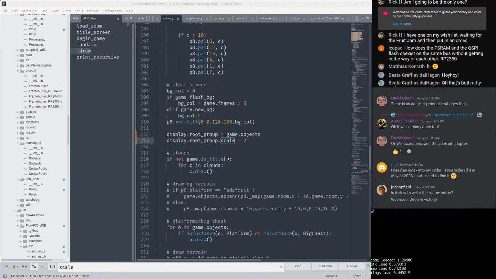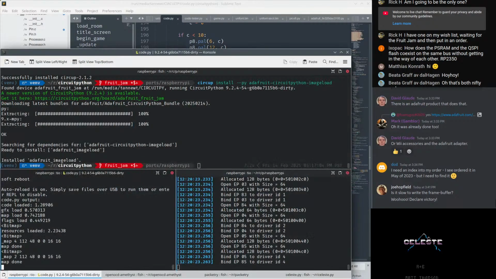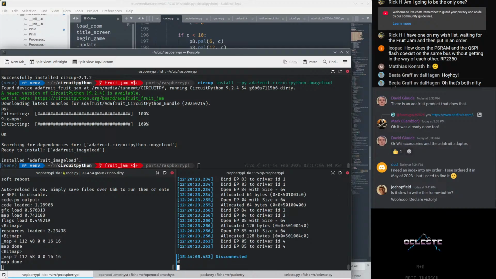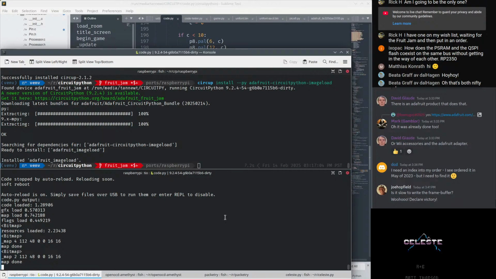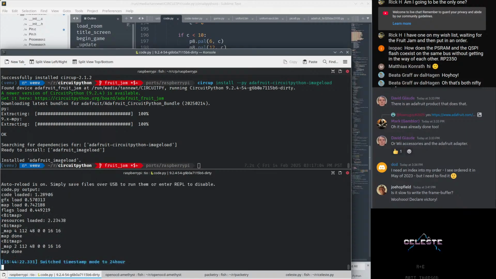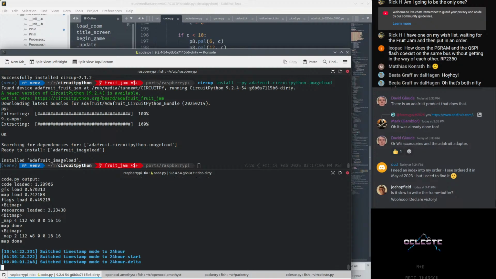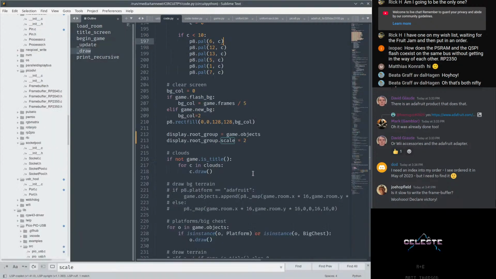Oh, and I just hit a rogue save. I think what I can do is, I'm just going to close this. This is debugging from USB, which I do have on, but shouldn't be running when this happens. Now I can do timestamp mode, 24-hour delta, and then in here